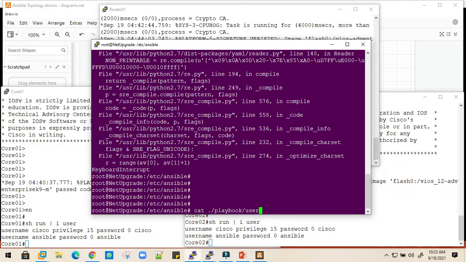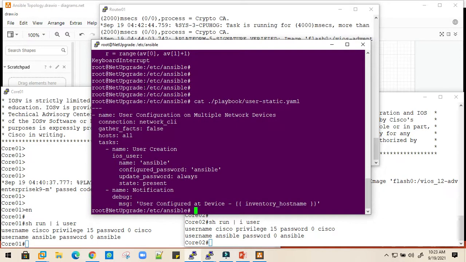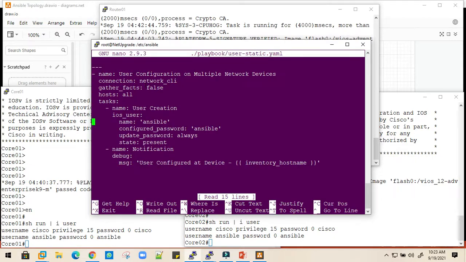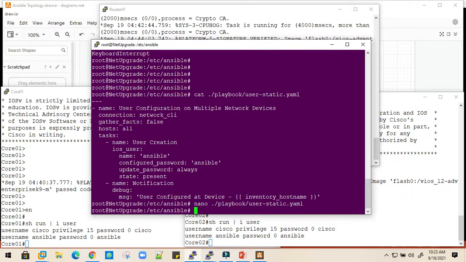So what we will do is edit the playbook user static, and instead of configuring the Ansible user, we can configure some other user, which may be Ansible1. Save and done.